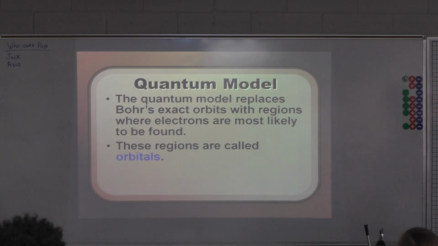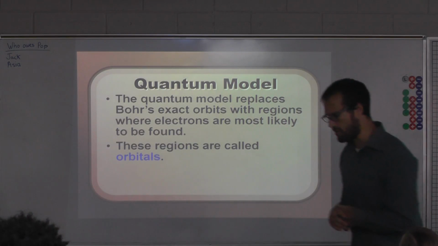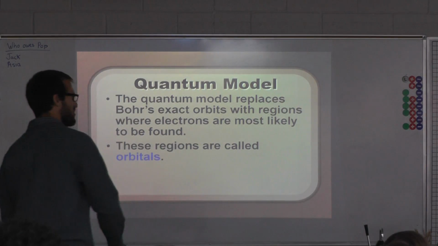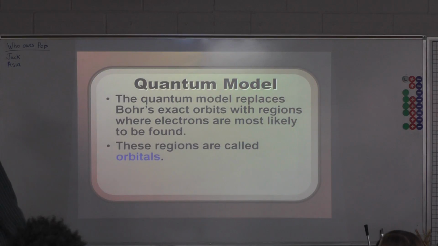Okay? And there are 7 energy levels, and you'll learn this when you take chemistry. First, second, third, fourth, fifth, sixth, and seventh. Each energy level has different sublevels. And each of those sublevels have different orbitals. Okay, so it's actually far more complicated than what we're getting into now. But when you get a little bit older and take more upper level classes, we'll talk much more about all of those things. All I want you to know now is that the electrons are in these regions called orbitals that are really just probable locations.